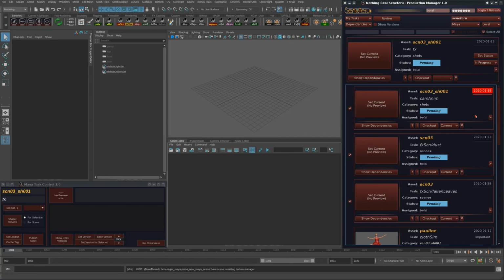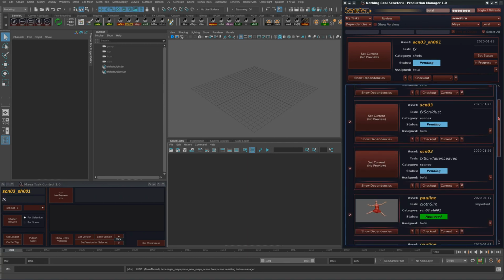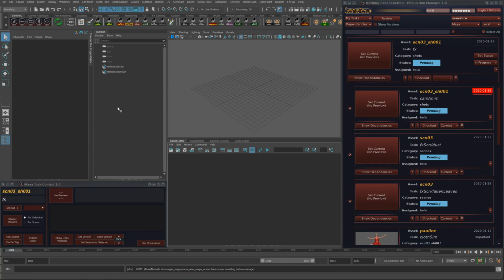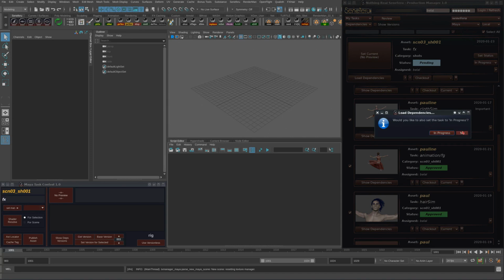All rules are taught to the system, or taught to this Seneferu production manager, and he thinks about it and comes up with this based on the methods and keywords that we taught to the brain of Seneferu production manager. The brain is driving both the production manager and the engine of the project template in Tactic. So now when we load dependencies,